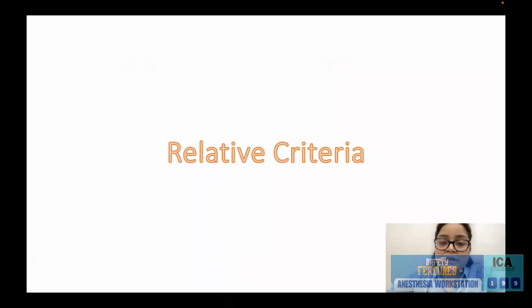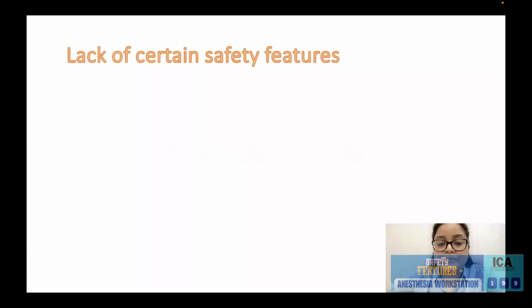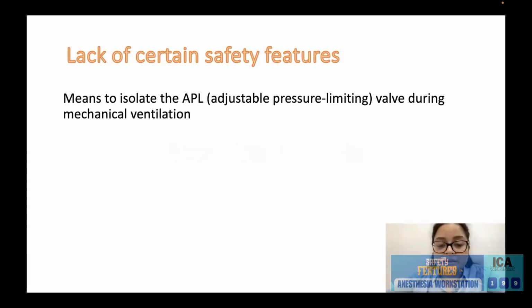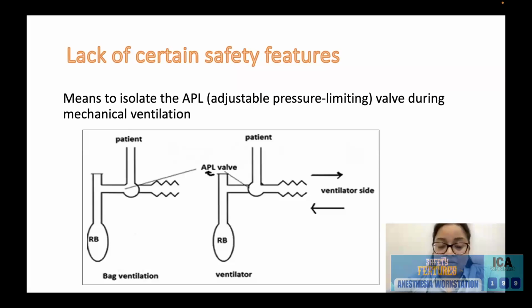Then come some criteria which are desirable in the anesthesia workstation, and these criteria can be used to label the machine obsolete, considering the safety of the patient and the requirements of the anesthesia providers. So if the machine lacks certain safety features, such as the means to isolate the APL valve during mechanical ventilation,